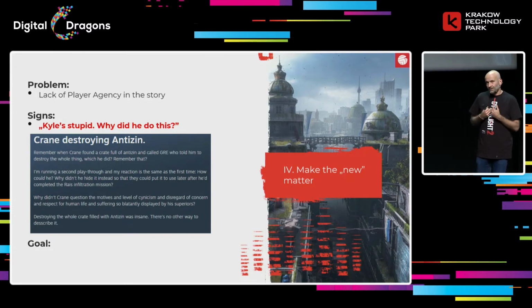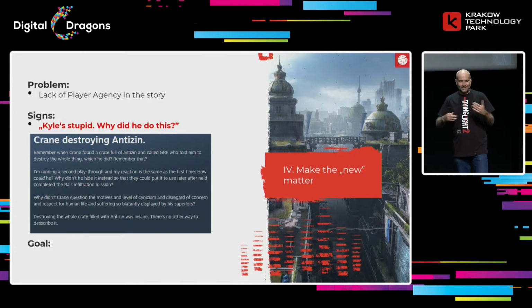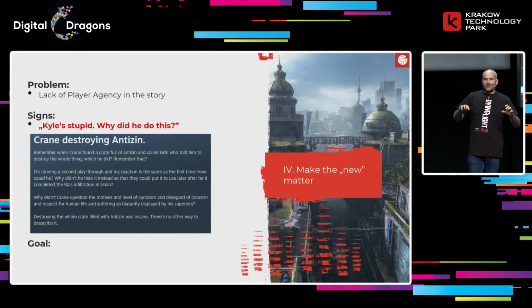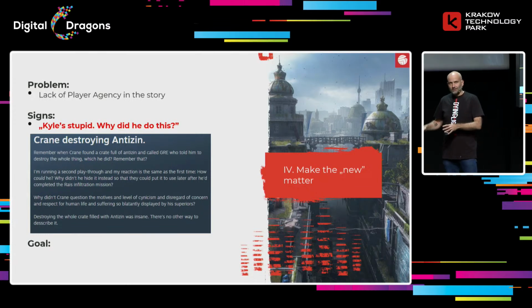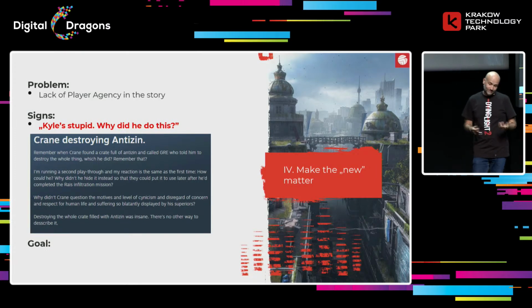There's another one, which for me personally is where I felt the lack of player agency most, when he is not helping Rahim, his friend, but going on a mission and leaving his friend to die, as we see in the end.